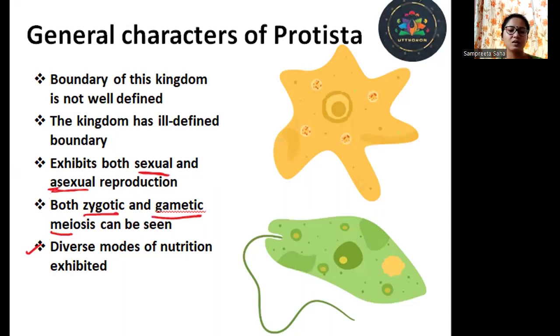Now students, can you identify the example of the protist, the picture of the protist that I've shown over here, this one? Can you tell me what it is? It is an amoeba. You must be familiar with the picture. We have seen it so much since our junior classes. It is amoeba. This one over here is an example of another protist, that is euglena.